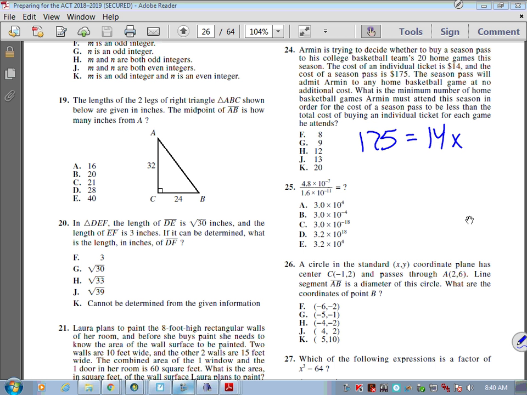12.5. Which means the cost is the same if he goes to 12.5 games. But you can't go to half a game. So when he goes to 13 games, his season pass is cheaper than paying the $14 per game. Does that make sense? Okay, 25. This actually works out pretty nicely, but